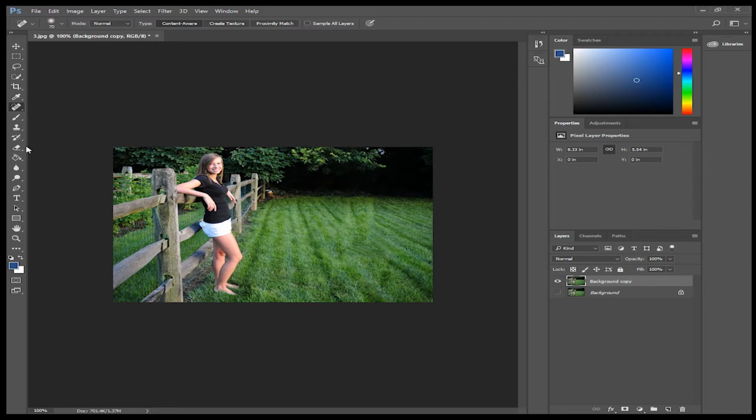If I was to just paint on top of this using the spot healing brush, the way that this tool interprets the data is a little weird. It works similar to the clone stamp tool in the sense that it duplicates things and moves it around, but it creates these weird little wavy blurs. So if I just go Control Z and back up, instead of using the spot healing brush tool, we're going to use the lasso tool. And we're actually just going to make a selection around